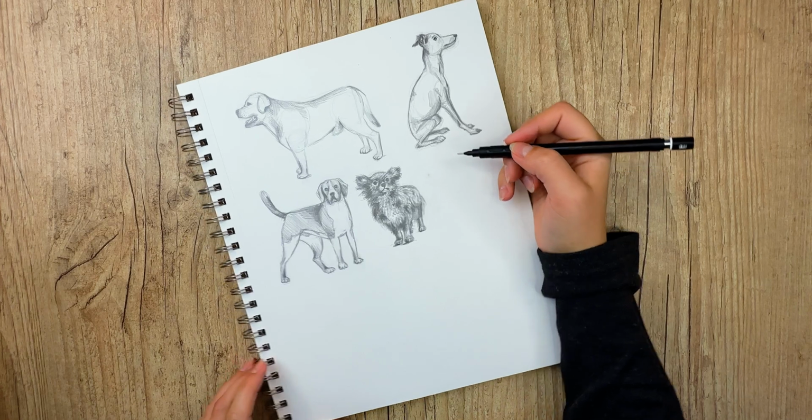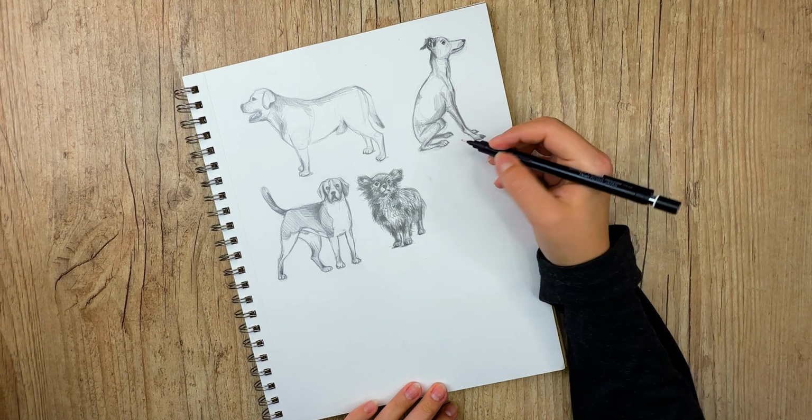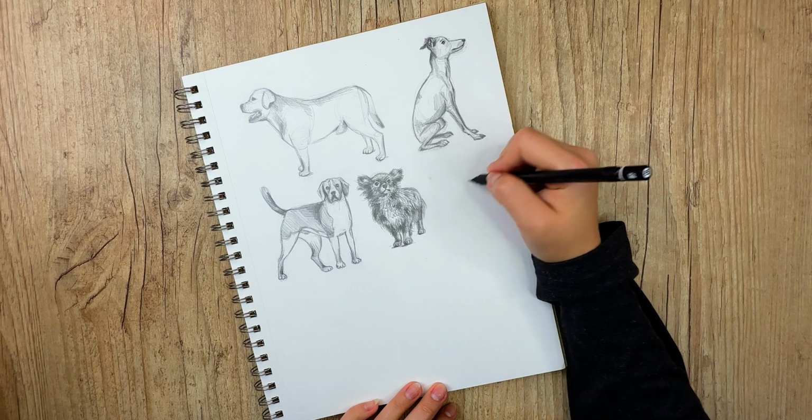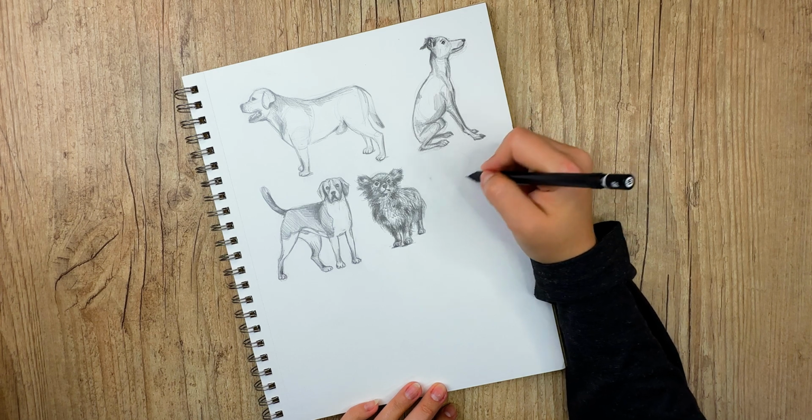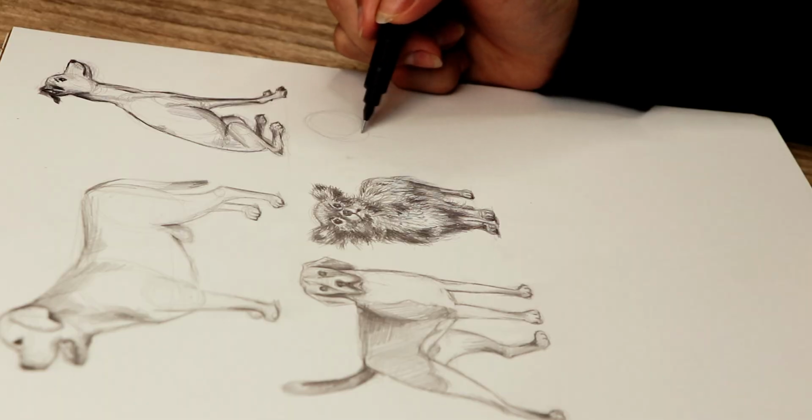I don't know if I'm pronouncing this right. It's a poodle. Puddle? Anyway, you get what I mean. This one is one of those tall poodles. It's sitting down. So we're gonna start with a circle for the head, 2 lines for the neck right below,